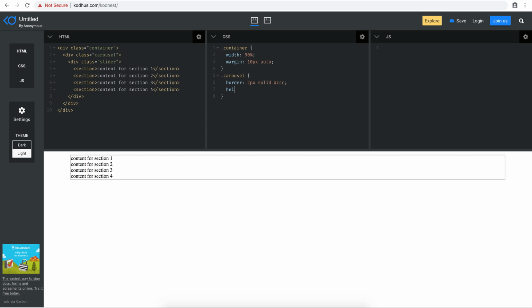Going to give it a height of, let's say, 400 pixels. This is the height that you can define yourself depending on how long your content is. So I'm just going to put 400 for the sake of this tutorial. So now we have our carousel, and inside the carousel, I'm going to